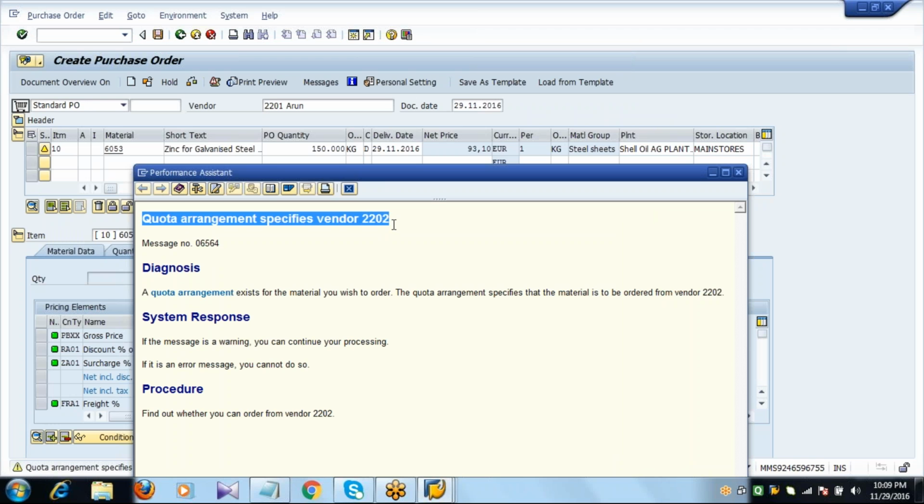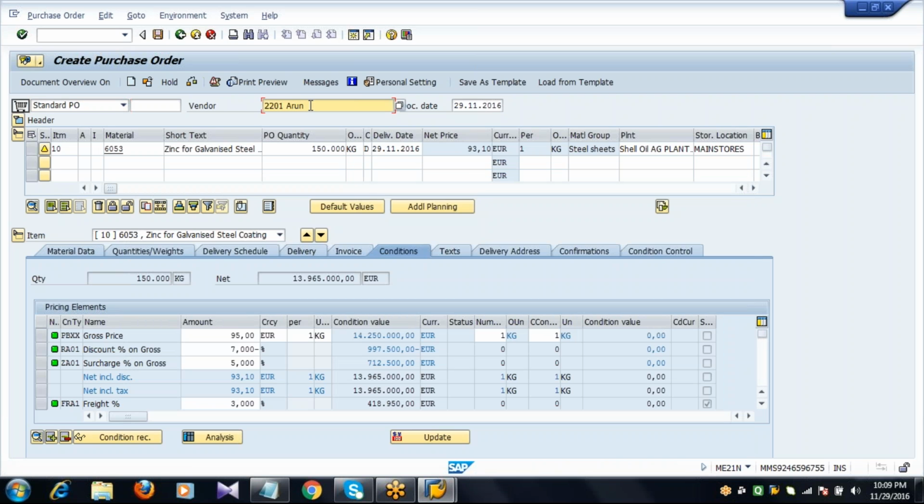Because a quota arrangement exists for the material if you want to purchase it. Therefore, the quota arrangement specifies the material is to be ordered from such and such vendor, because his allocation is completed. So the system is asking to go for the next supplier.